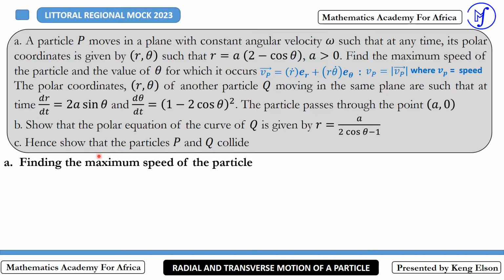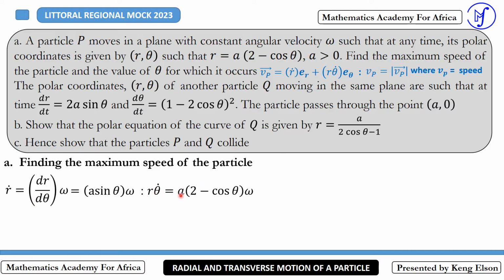So we need to find the maximum speed of this particle, and then we find the value of theta where that maximum speed occurs. We do the same process. Okay, so we have our velocity of P is equal to this guy here, and the speed is the magnitude of the velocity. So we'll just repeat the process that we have been doing in the previous 2 questions. So our r dot is equal to this, and then it requires us to differentiate this with respect to theta, and we multiply it by omega, so we get this. Now this is the radial component. Now the transverse component is